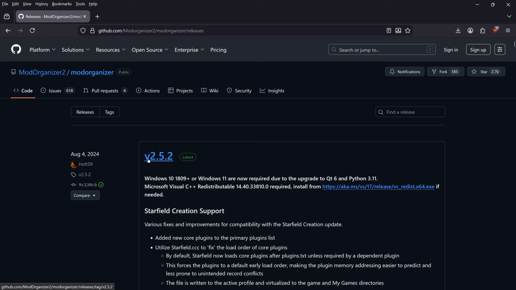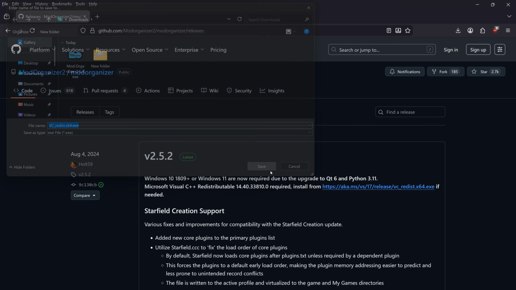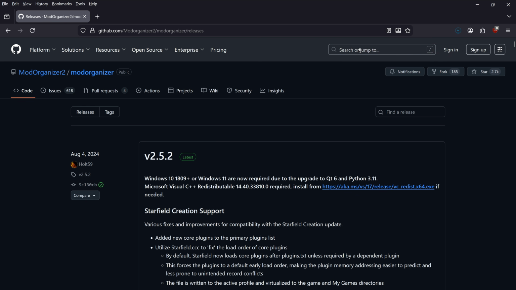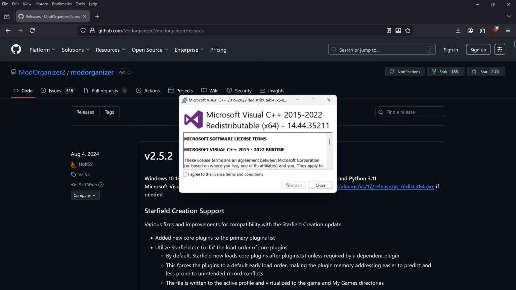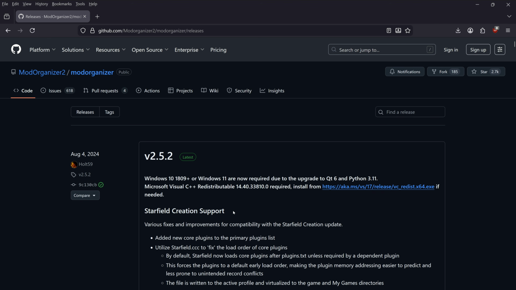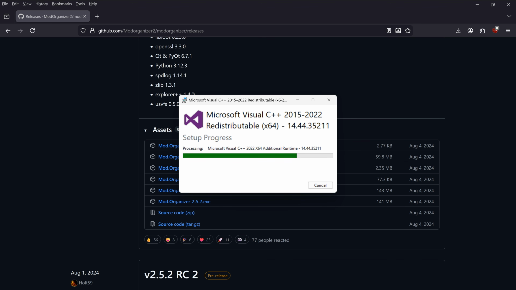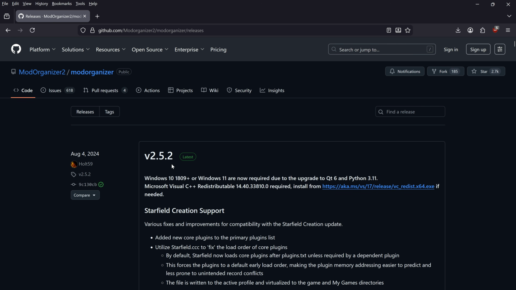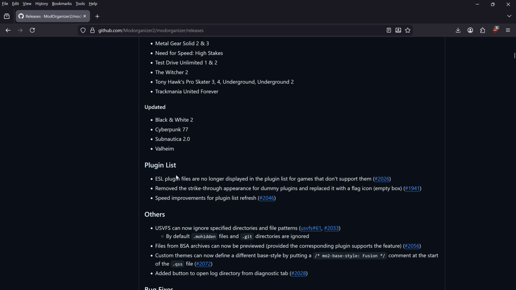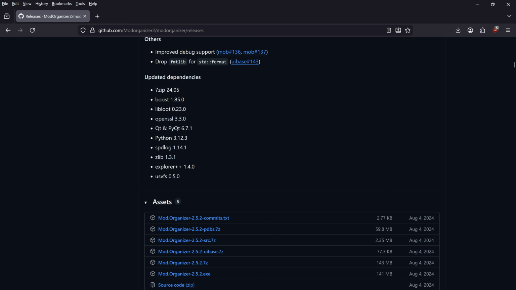And once we've done that, we're going to install the latest C++ redistributable that is required for Mod Organizer, just to make sure that everybody's on the same page. So download and install this like you would any other program. Agree, yes, and once it is finished installing, it will prompt you to restart your computer. Once you've done that, go ahead and come back to the same page you were just on and scroll down